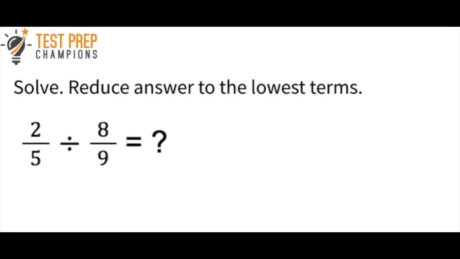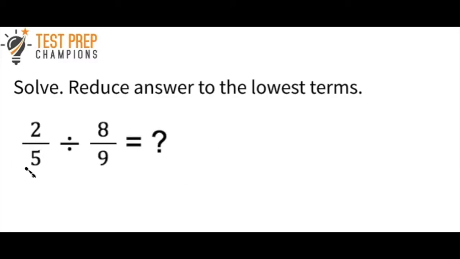Here's a division example. So I'd like you to pause the video and try to do this one. 2 over 5 divided by 8 over 9. So I'll give you a chance to pause and try this now. Okay, hopefully you had a chance to go over this. And if you weren't sure how to do divisions with fractions, then don't worry, because that's what you're here to learn in the video. And for any division with fractions question, you have to first realize that it's the same as